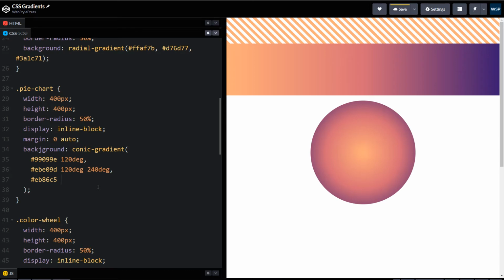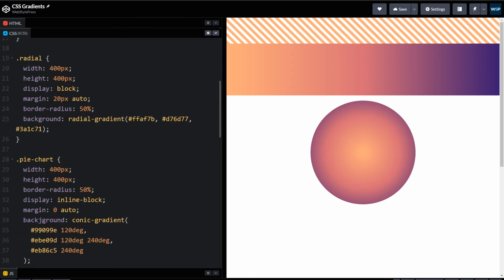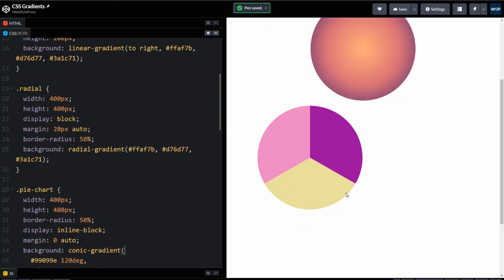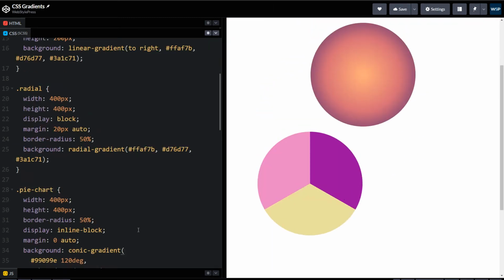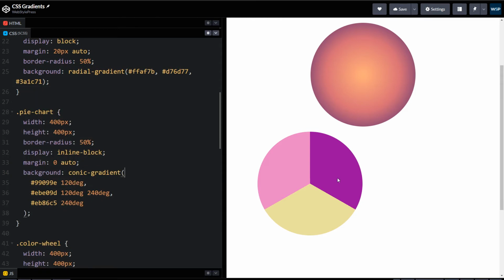Color 3, starting from 240 degree, and that's it. I have a typo here. Background. So this is our pie chart by using three colors.